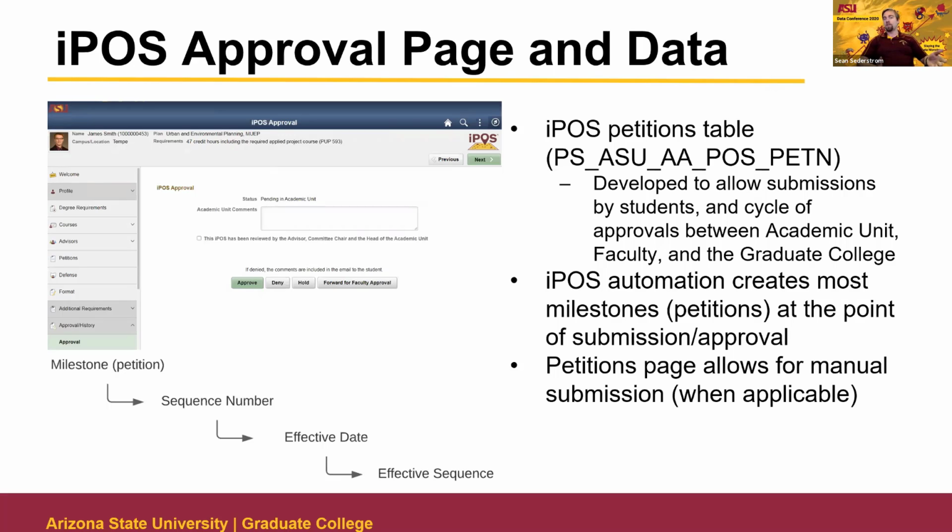That can vary depending on what you're looking at. For instance, there are some petitions that can be submitted multiple times, leave of absence, for instance. So there may be a full approval for both sequence 1 and sequence 2. So it does vary on your use case, but I did want to give an overview of how that table is structured, since that's one of the questions we get a lot in